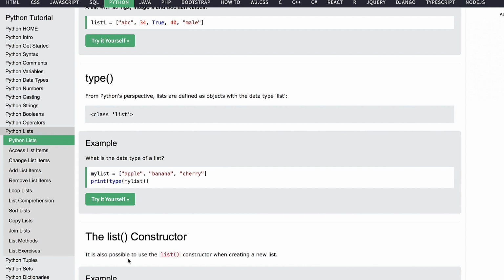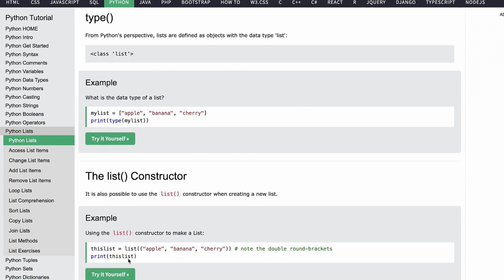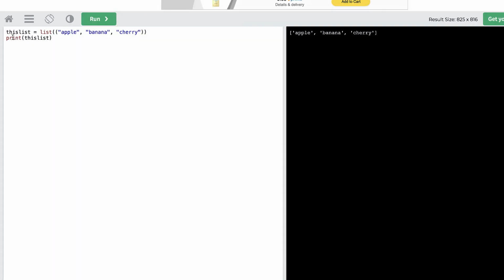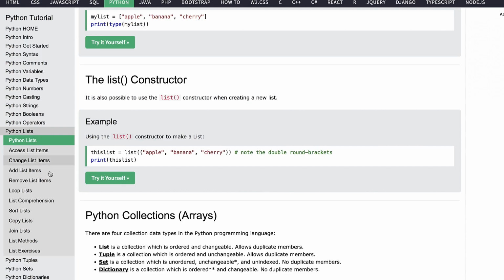The list constructor. It is also possible to use the list constructor when creating a new list. Example, using the list constructor to make a list. Now, here, this list is apple, banana, cherry. Print this list. It's going to print apple, banana, cherry. So, the list,